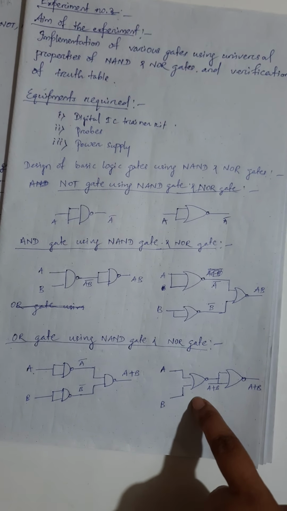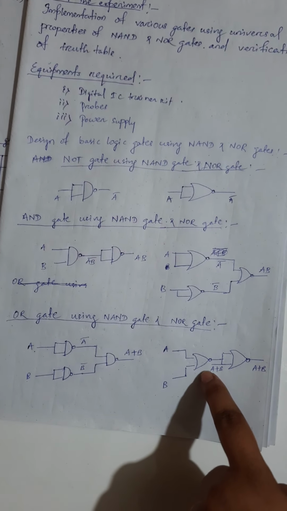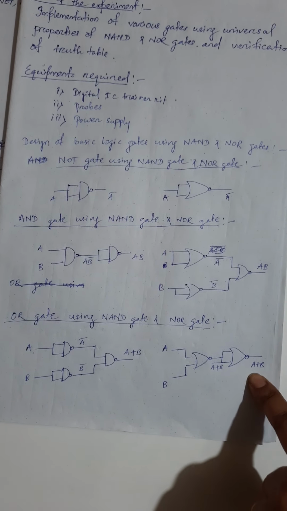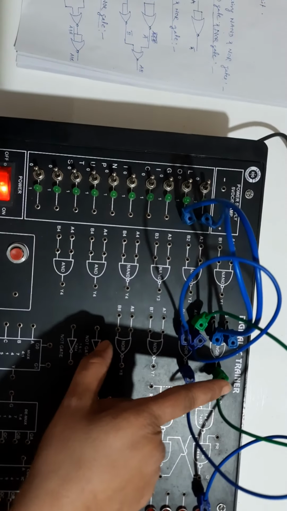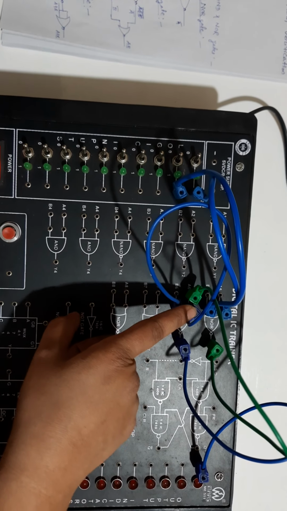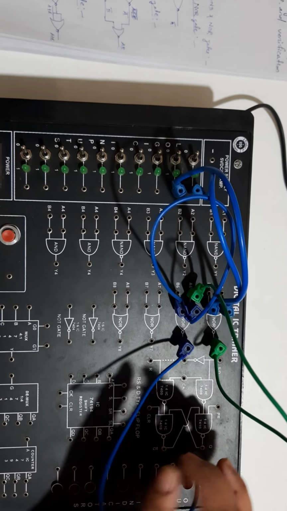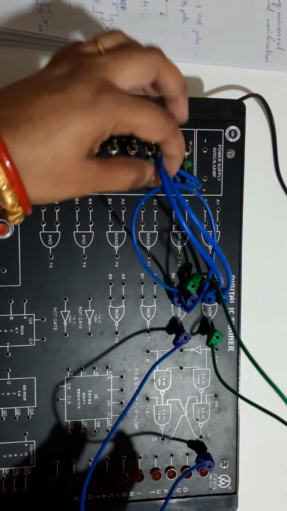Using NOR gate, we need 2 NOR gates. First two inputs are given to the first NOR gate, then that same output is given to two inputs of another NOR gate. Here I have already designed the circuit. These are two inputs. These inputs are given to one NOR gate, and that NOR gate output is given to another NOR gate, and both inputs are shorted. Then the output of this NOR gate is the result. That means OR operation of these two inputs.